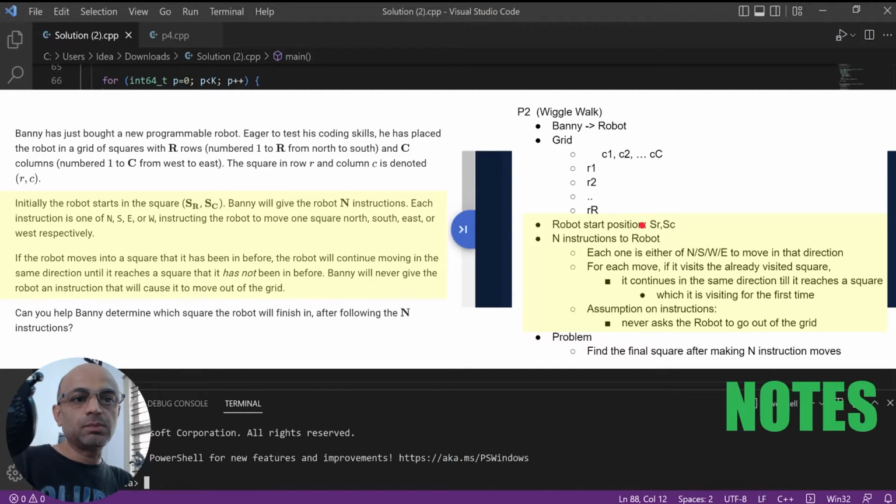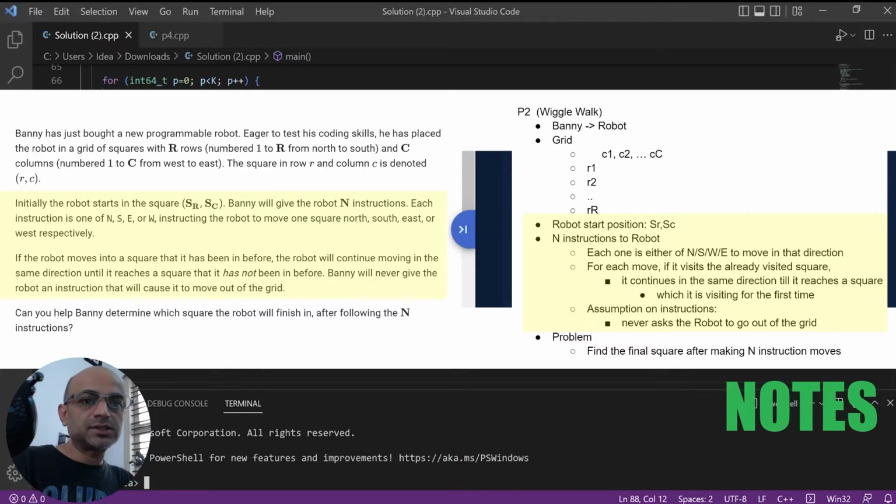When it makes a move, that is one square move for each instruction, it will check whether the new square is already visited, like is it previously visited. If it has been visited, then it won't stop, it will continue moving to the next square in the same direction until it finds a square which was not visited before.